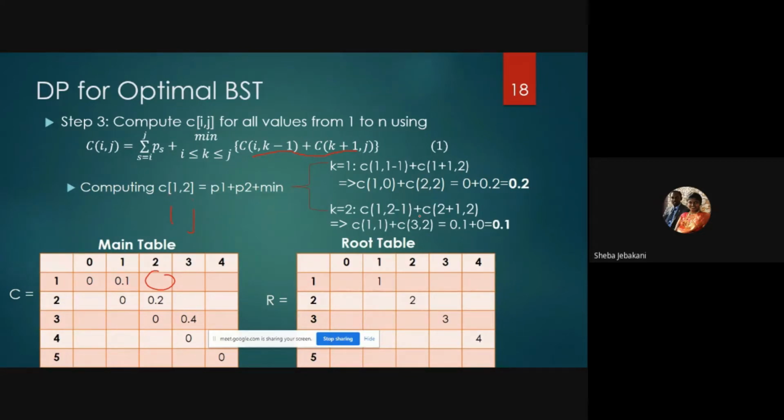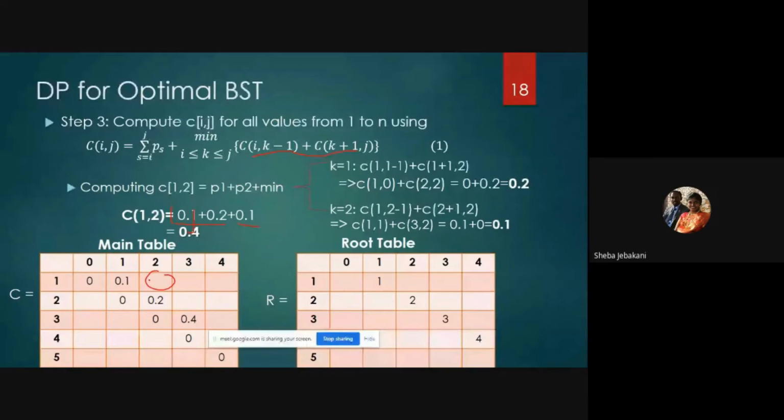Okay. Now if this is the case, which do you think is the minimum? When k equal to 2. So what we will do, we will compute the overall value. So it is C of 1 comma 2. So minimum among these two is k equal to 2. We are choosing 0.1. So that 0.1 I am putting it as it is over here, whereas P1 is 0.1 and P2 is 0.2. So those two values are over here. Okay, so these are the values. So over here basically 0.4 has to be written on your main table.